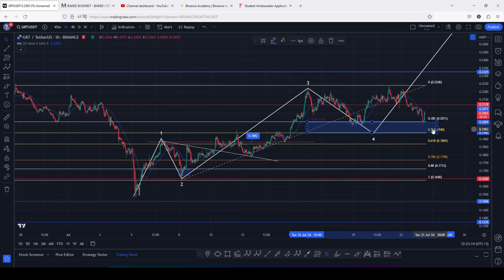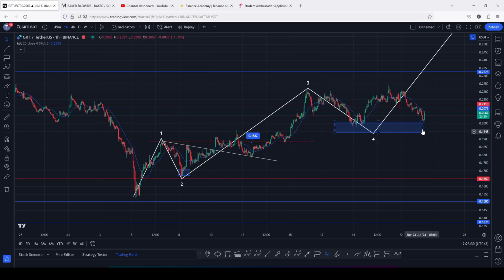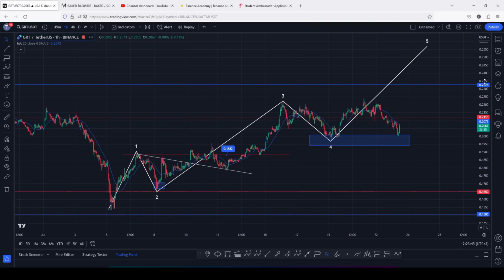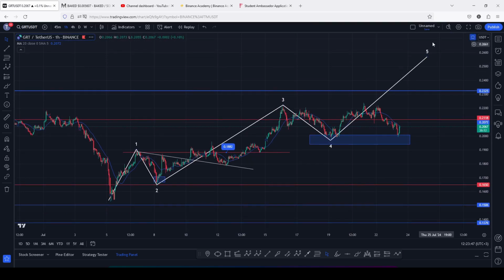level 0.5, which is an area that perfectly lies between the 0.2011 and the 0.194, which is the area I have marked on the charts in blue. And you can see that we have seen a breakdown move into that target area. Though we didn't quite fully maximize the area, we saw a bit of a breakdown move into the area, and there are high chances that the lows that we made right here could be the low for this fourth wave, and in the next coming hours we are going to continue seeing even higher prices in this Elliott wave count